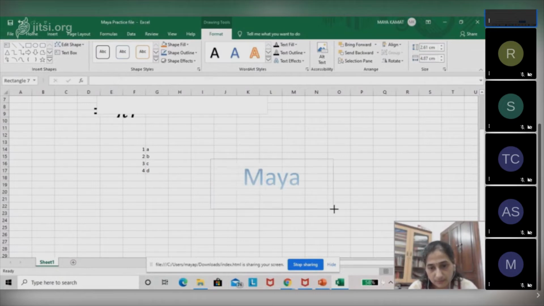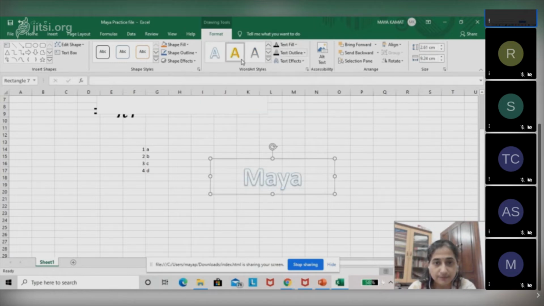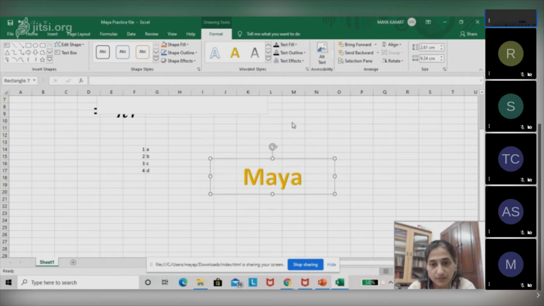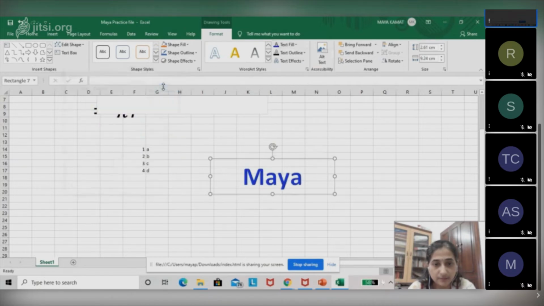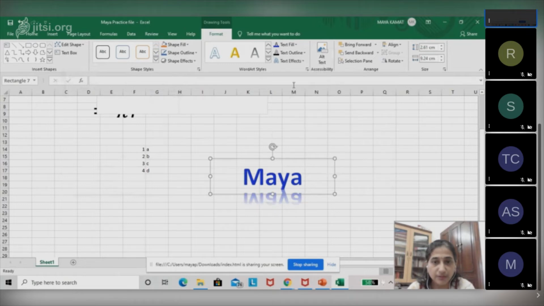See, there's a shadow effect. If you don't like it, you could always go back and change it to something else. You could even change the text fill of it, or change the colors directly from here. You could apply reflection if you want. Can you see the reflection coming?